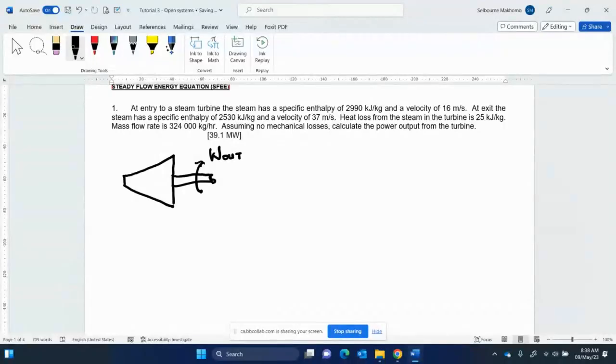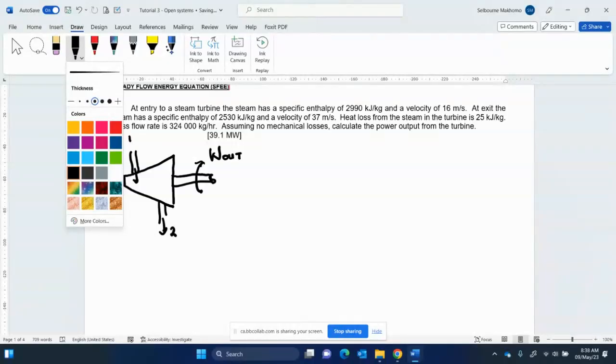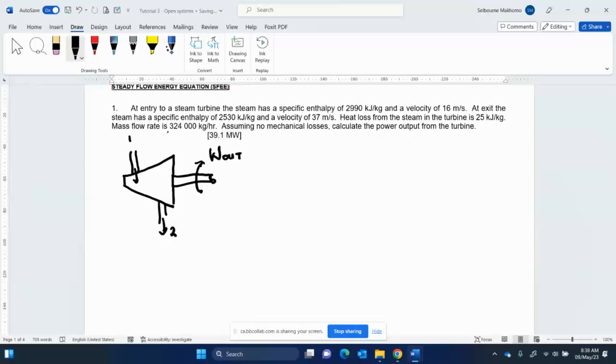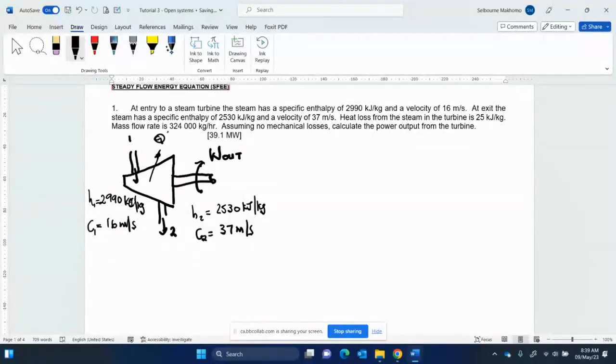So the turbine is drawn, and then we have the inlet, which is point 1 here, and the outlet at point 2. We are told that enthalpy at inlet, H1, is 2990 kilojoules per kilogram, velocity C1 is 16 meters per second. And at the outlet, enthalpy H2 is 2530 kilojoules per kilogram, and the outlet velocity is 37 meters per second. Right. And then Q here is negative because it's heat rejected. Now the mass flow rate